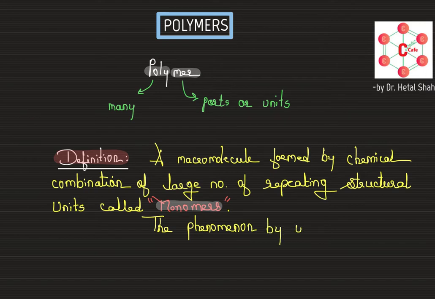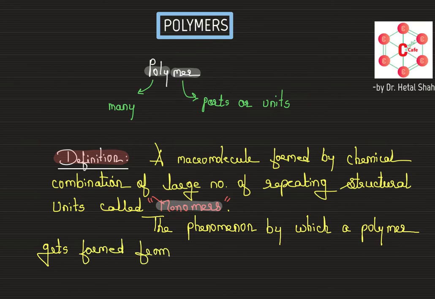Now you can even put it like this, that the phenomenon by which a polymer gets formed from monomers is called polymerization,